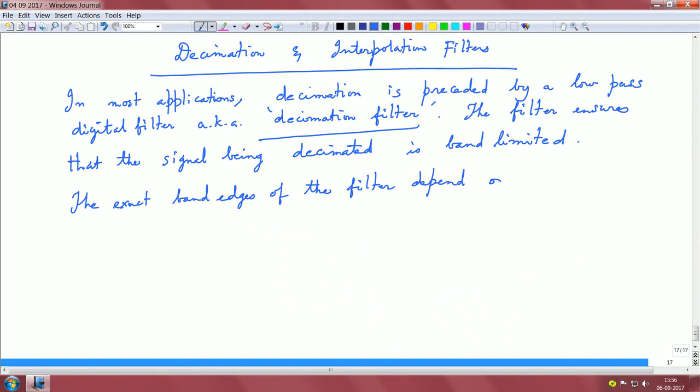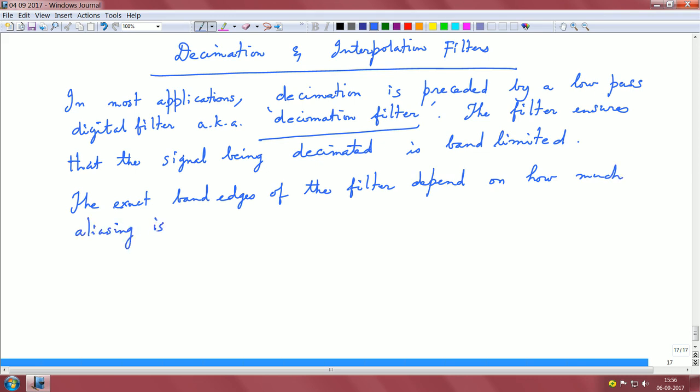So, before you reduce the sampling rate, first you have to ensure that you have what you need, right. And the exact band edges of the filter depend on how much